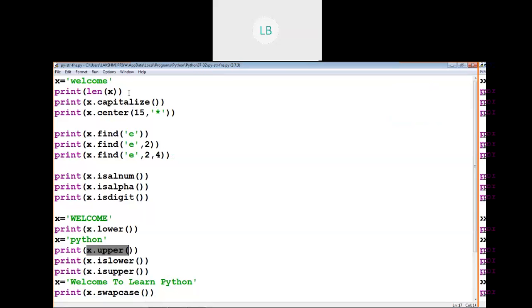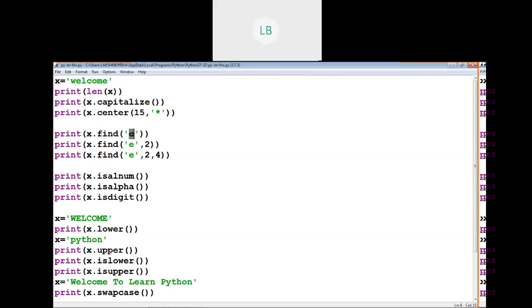In this program, we have used all the built-in string functions. Length function to find the number of characters present in the string. We have used the capitalize function, center function, find function to find the first occurrence of the substring.